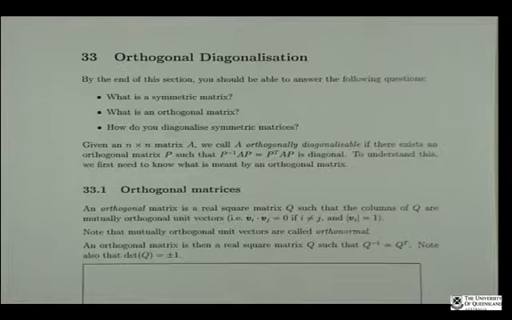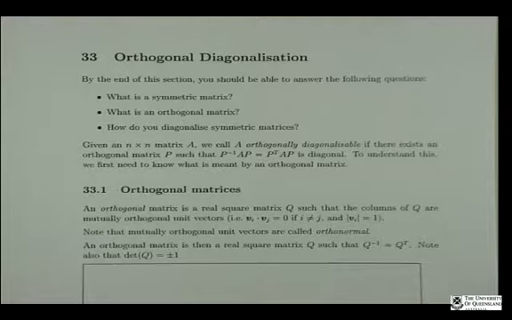G'day guys. Today's lecture, the 2-hour lecture, the two chapters that we're going to cover in the workbook today, chapters 33 and 34, they're actually all about orthogonal diagonalization. This first lecture, the first hour, we're just going to look at what is orthogonal diagonalization. Now that we've already had a close look at eigenvectors and eigenvalues, and seen what we mean by diagonalization and what it means to diagonalize a square matrix, we're going to look at a special case of so-called orthogonal diagonalization. And in doing so, we're going to start looking at some special classes of matrices that